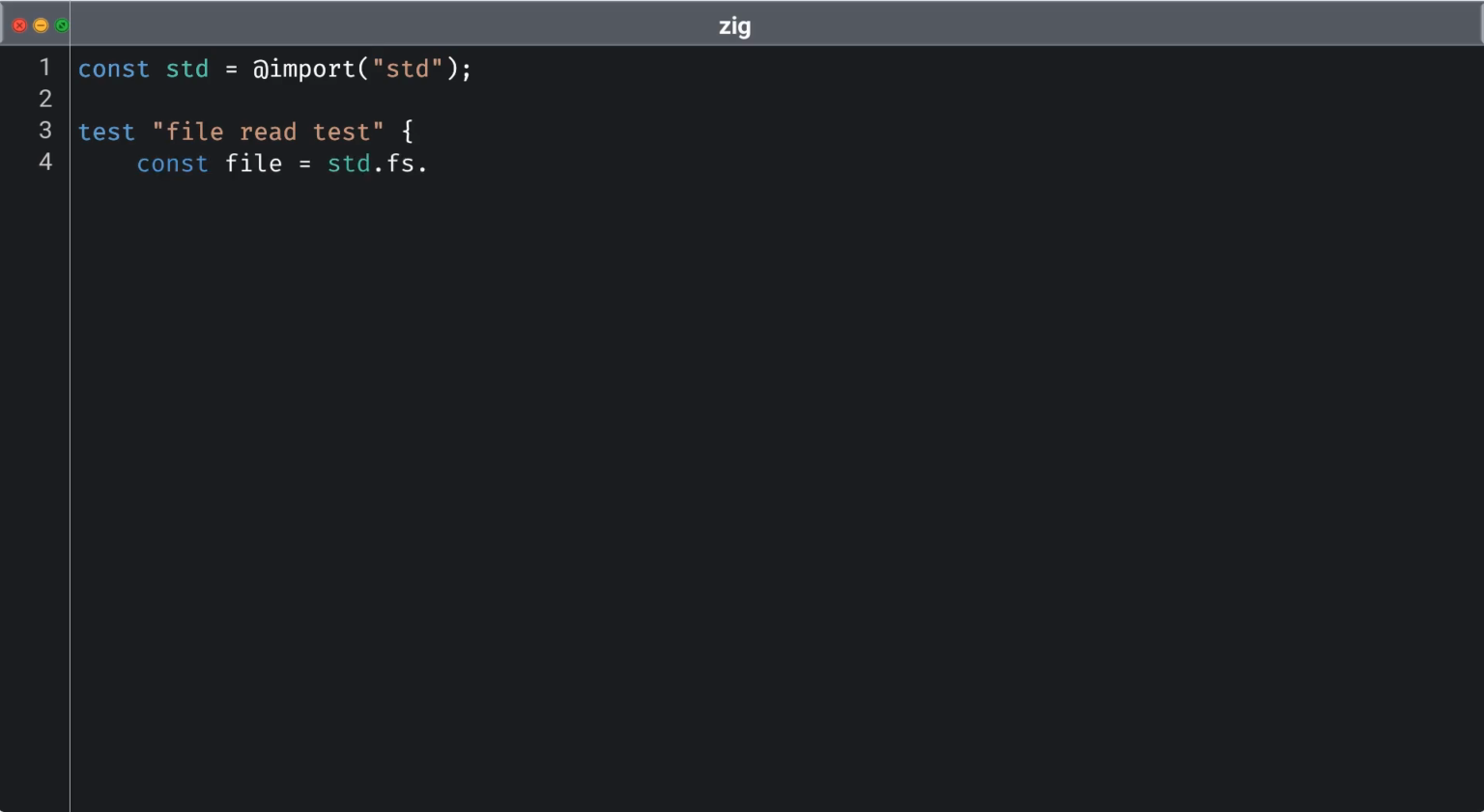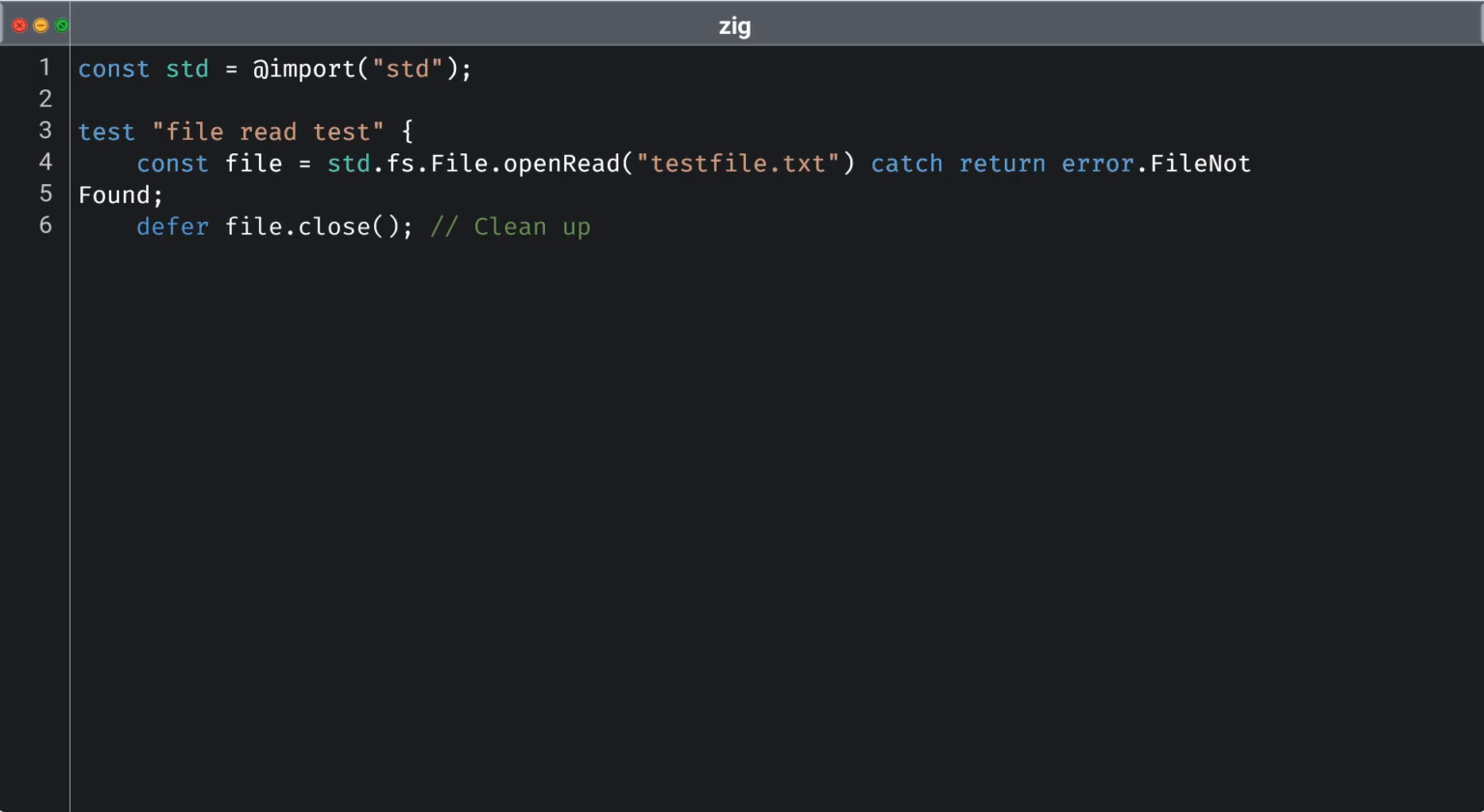Now let's take a look at how we can implement a test for reading a file in Zig. In this example, we utilize Zig's std.fs file to open a file called testfile.txt for reading. We use error handling with the catch statement to gracefully manage the scenario where the file might not be found, avoiding abrupt test failures. Next, after successfully opening the file, we employ the defer keyword, which is crucial in resource